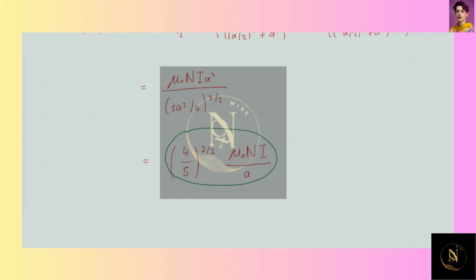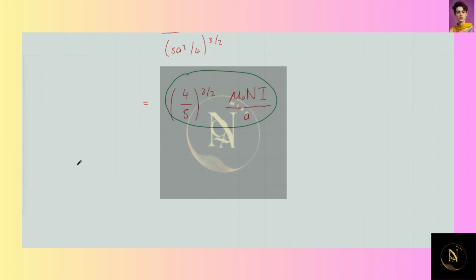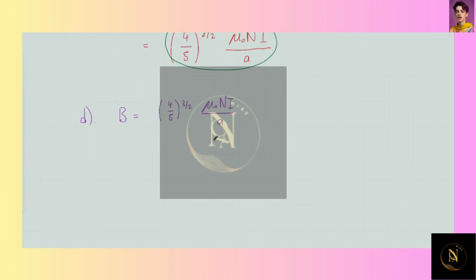Now for part D, we want to calculate the magnetic field at P if we are given the values for N, I, and A. So we've just derived the expression, and now we can calculate a numerical value. We know B from above is (4/5)^(3/2) times mu naught N I over a. If we substitute the given values into this, this becomes (4/5)^(3/2)